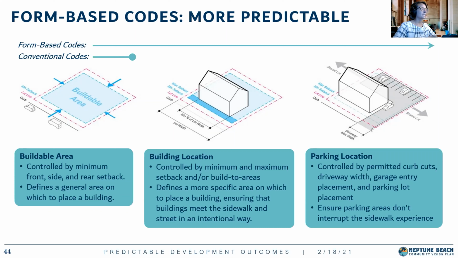So that basically guarantees that the building is going to have to be placed somewhere along that build-to line, which is that darker blue band on the illustration in the center. That narrows the actual buildable area significantly compared to a conventional zone and gets you much more predictable results. It also has a lot more standards of exactly where the parking might be located, where garage doors can face, but it doesn't stop there, of course.